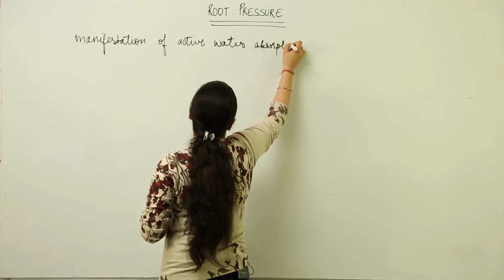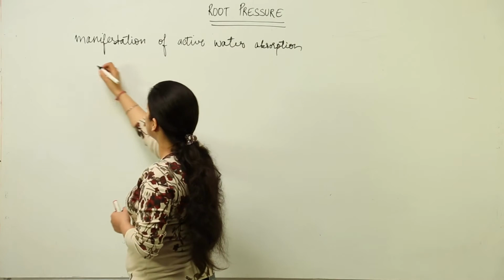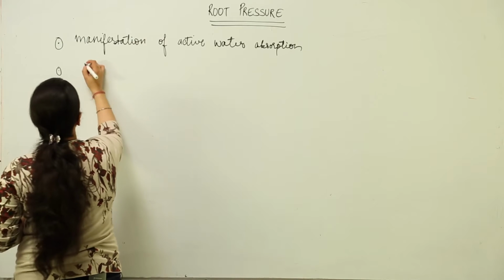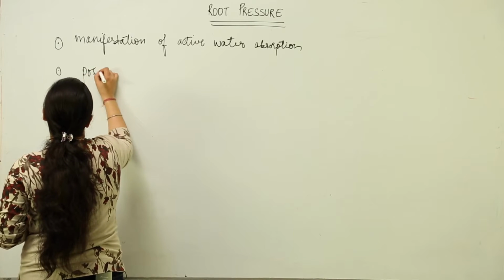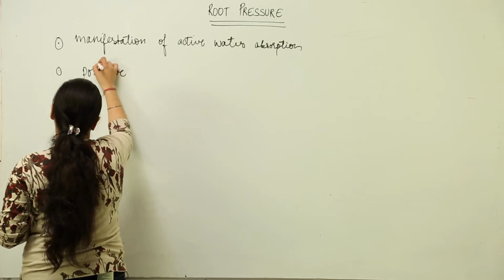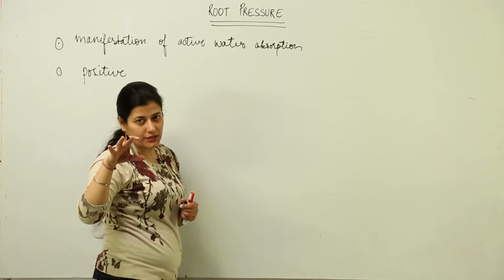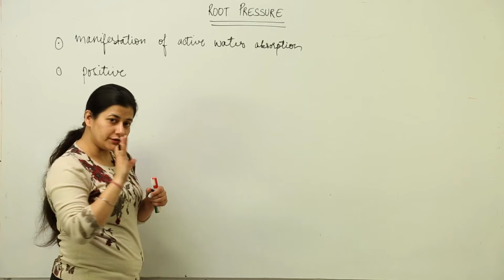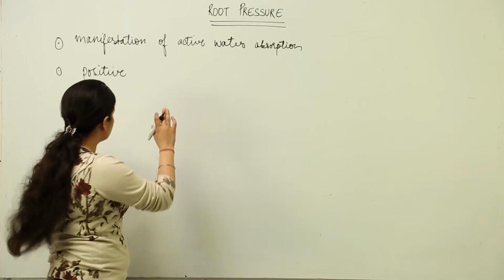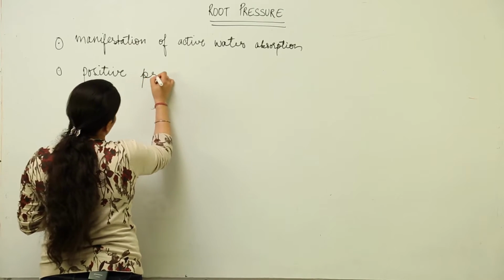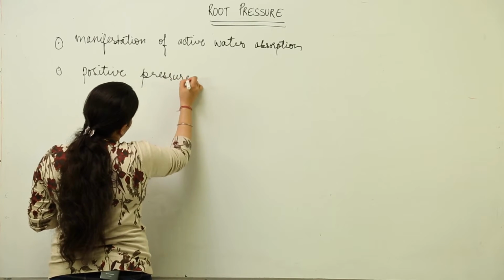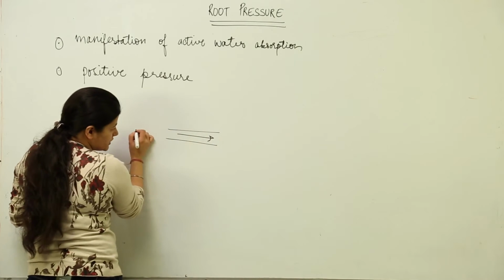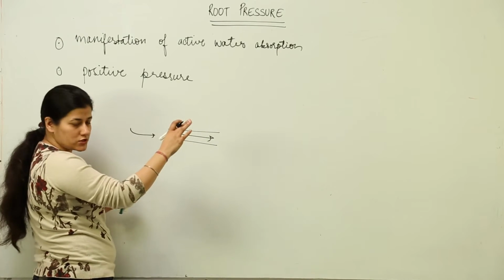But before we do that, we are going to see a demonstrative activity which will make you understand what root pressure basically is. First thing you must keep in mind before getting to that activity is that positive pressure is like the one generated when you push something, okay? That is the simplest way to understand positive pressure. Suppose I have a water column and it is going this way, so the pressure is applied from this direction. This means positive pressure.